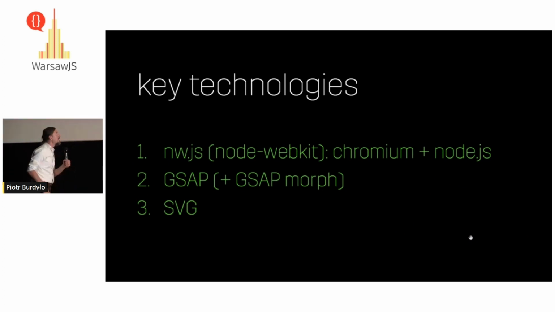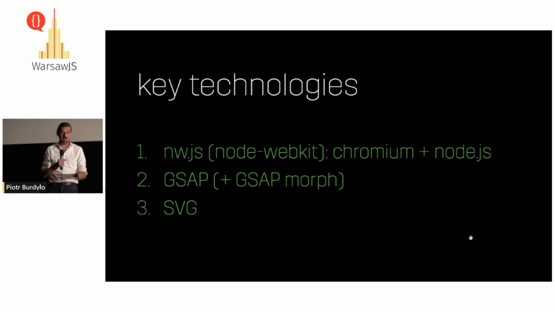Kind of simple technology here, and the main technology we use to make it work is NWJS. Does anyone here have any experience with NWJS? And do you have any experience with Electron? Okay, I want to compare those two later. So we used NWJS, which basically wraps Chromium and Node and makes an executable out of that. So we can just run it on a PC or a Mac, just like any other program, and it runs full screen and handles the execution of the application without any problems.